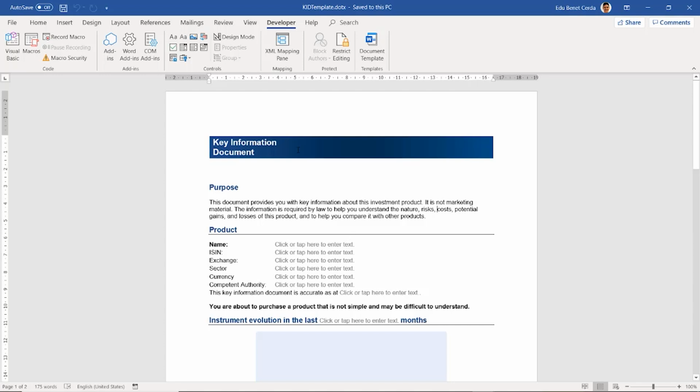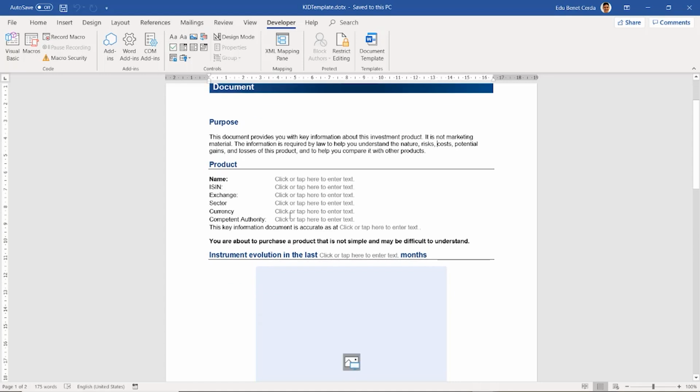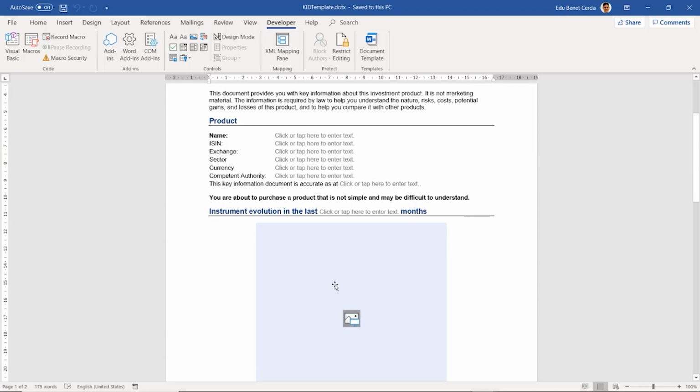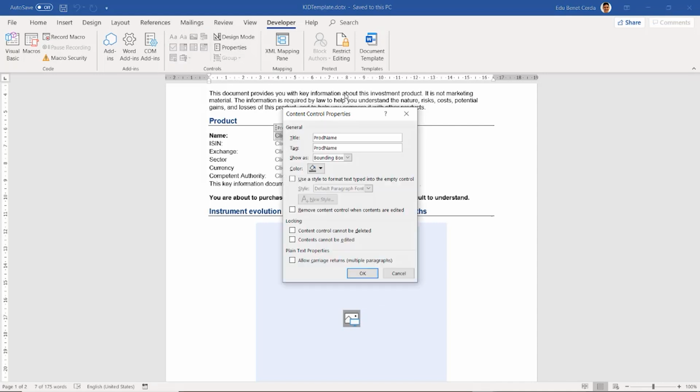This first one, to report on the latest movements of the security, is going to have a set of text objects or text blanks to fill the security information, and then a main graphics object to put the latest stock movements. Now, the advantage of these holes is that within their properties menu, one can specify a title and a tag, which is what we'll be using directly from MATLAB in order to identify each of these holes.